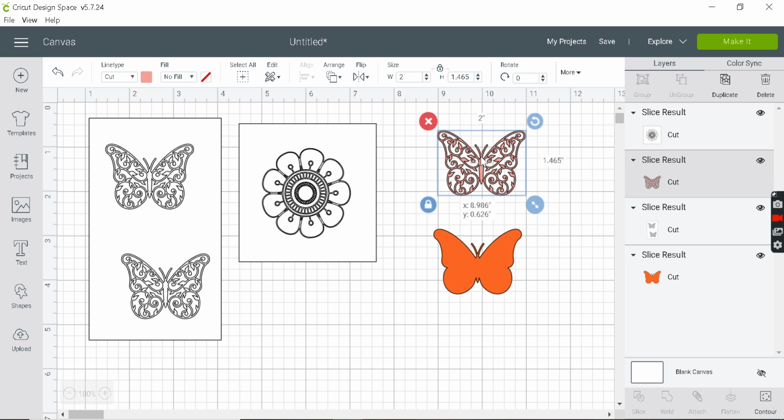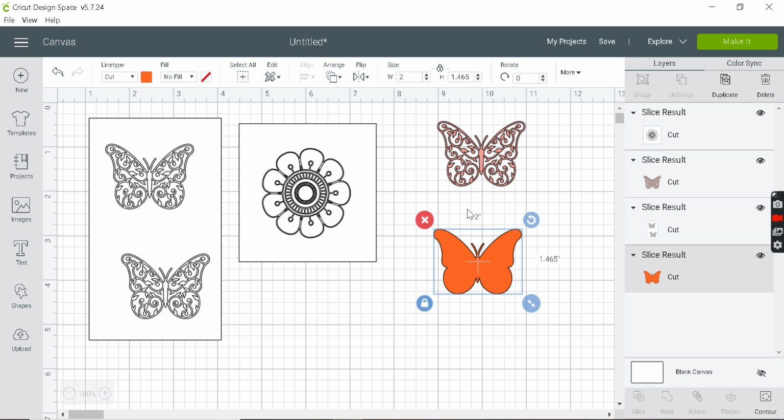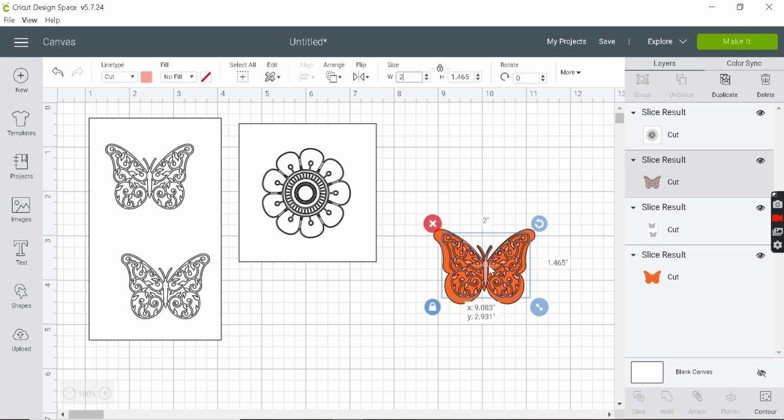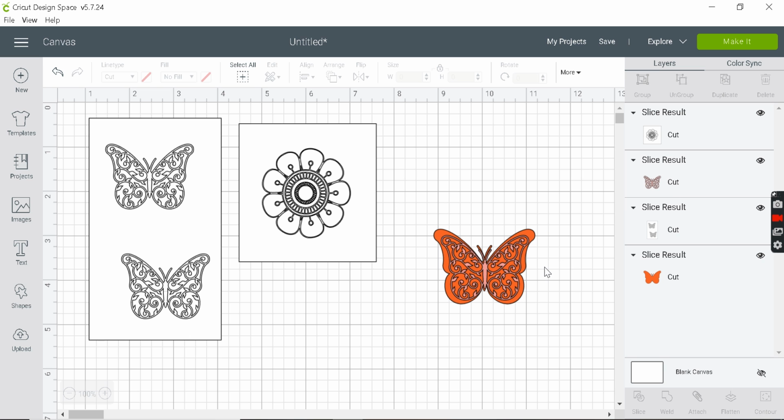What you can do is also increase the size of this a little, maybe 0.3. Yeah, and you can place your butterfly here. There you go.